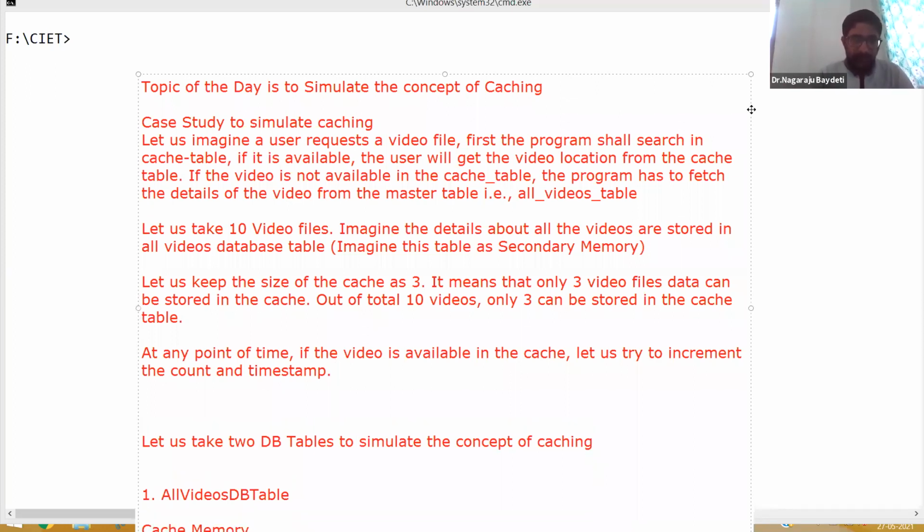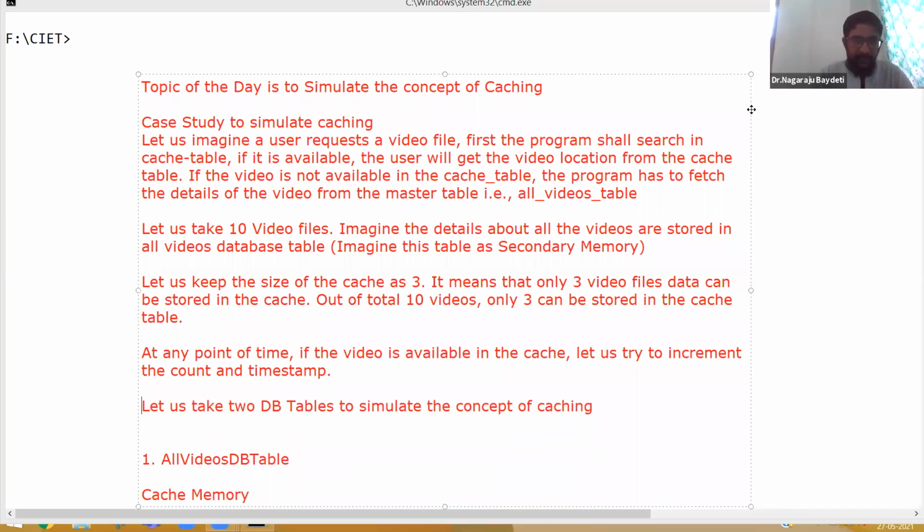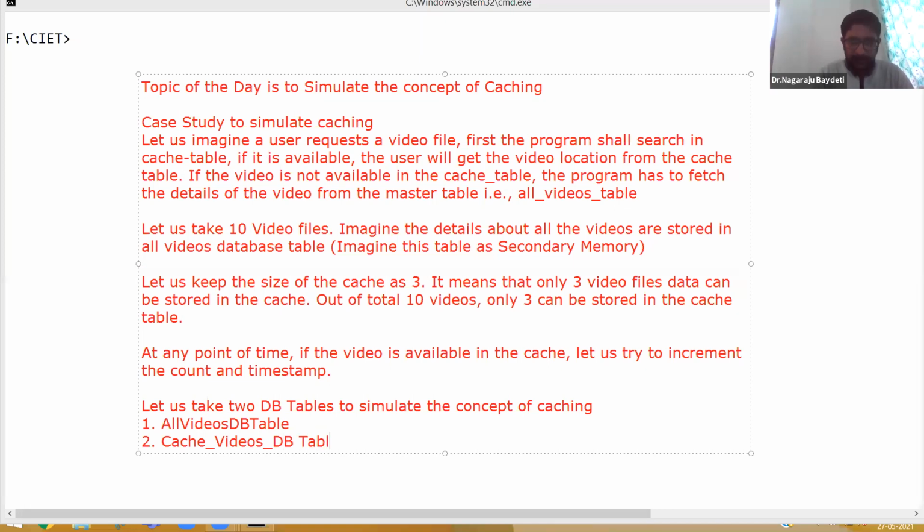Now, one last point. The second one is some cache table, a cache videos table. I may change the table names, but I am just writing it. Okay. Now,